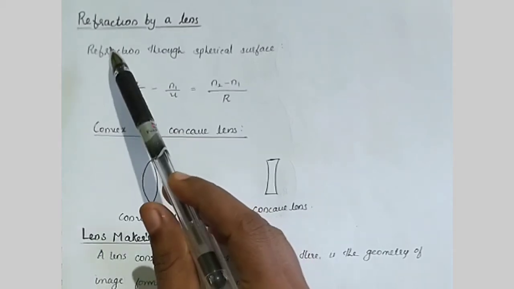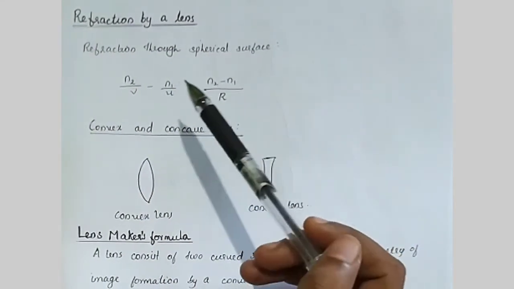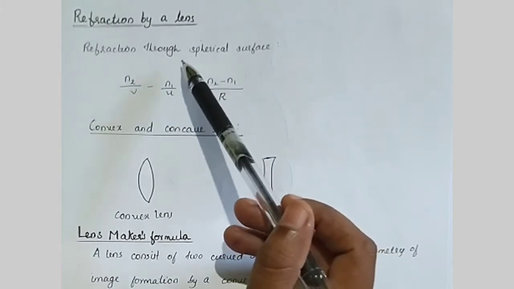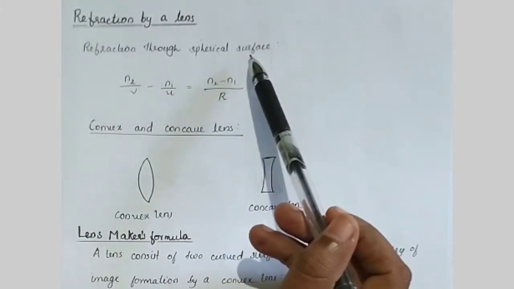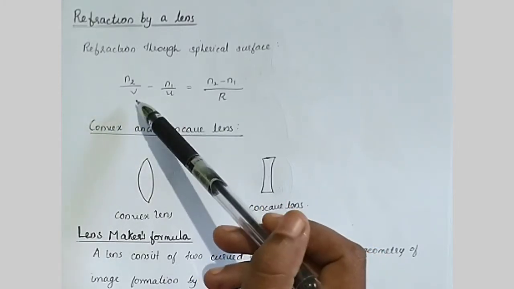Now we are going to analyze the refraction by a lens. So already we have learnt about refraction through a spherical surface, and we have obtained a relation as n2 by v